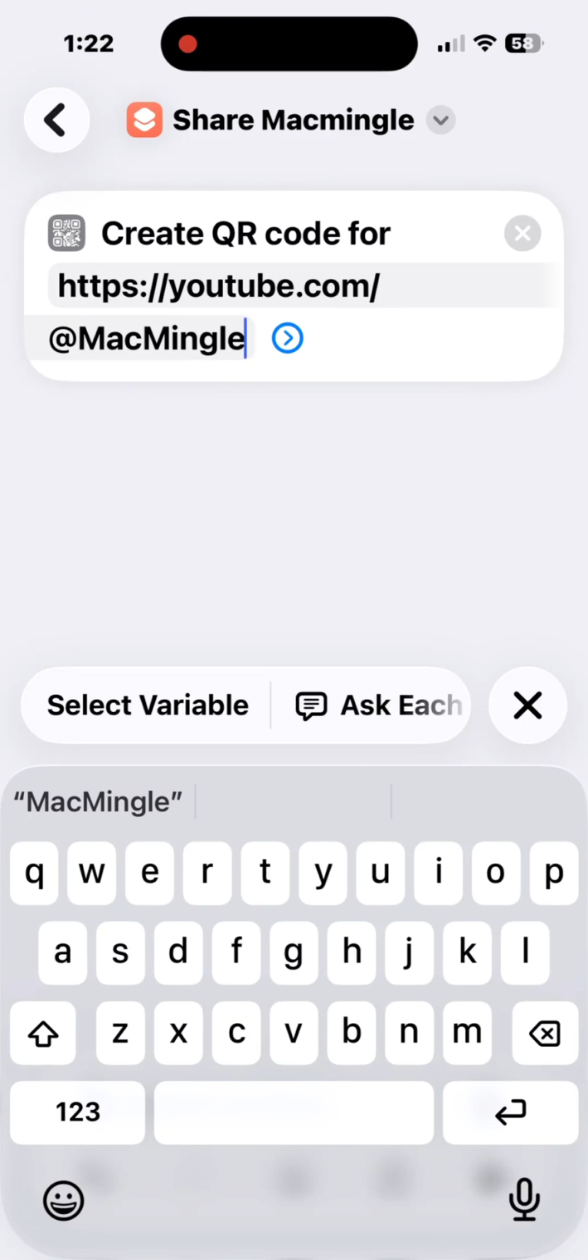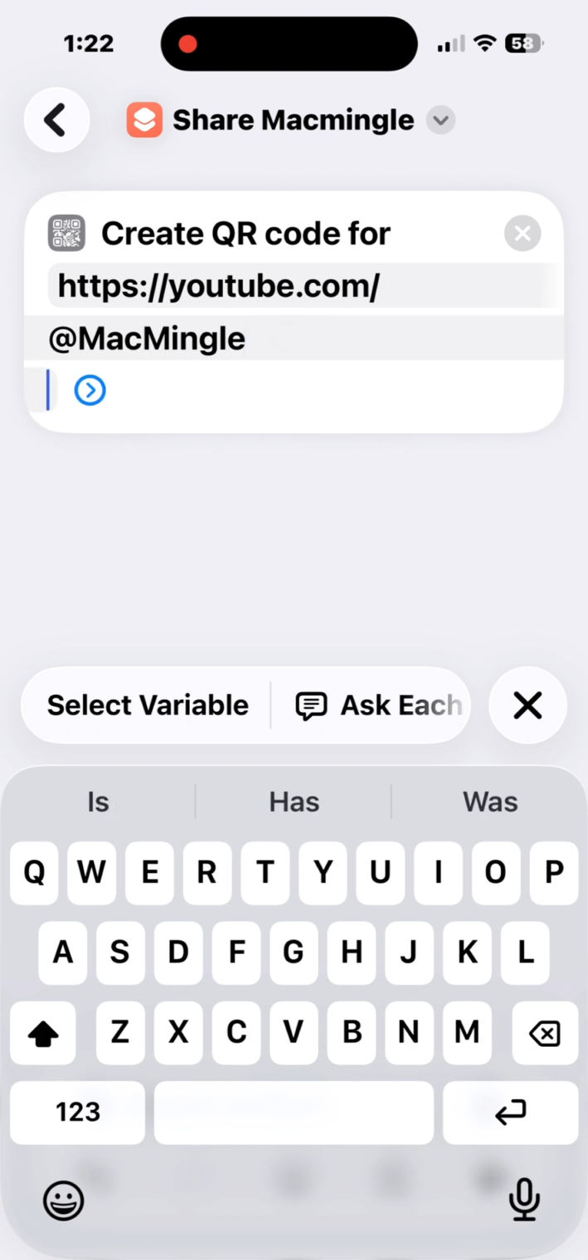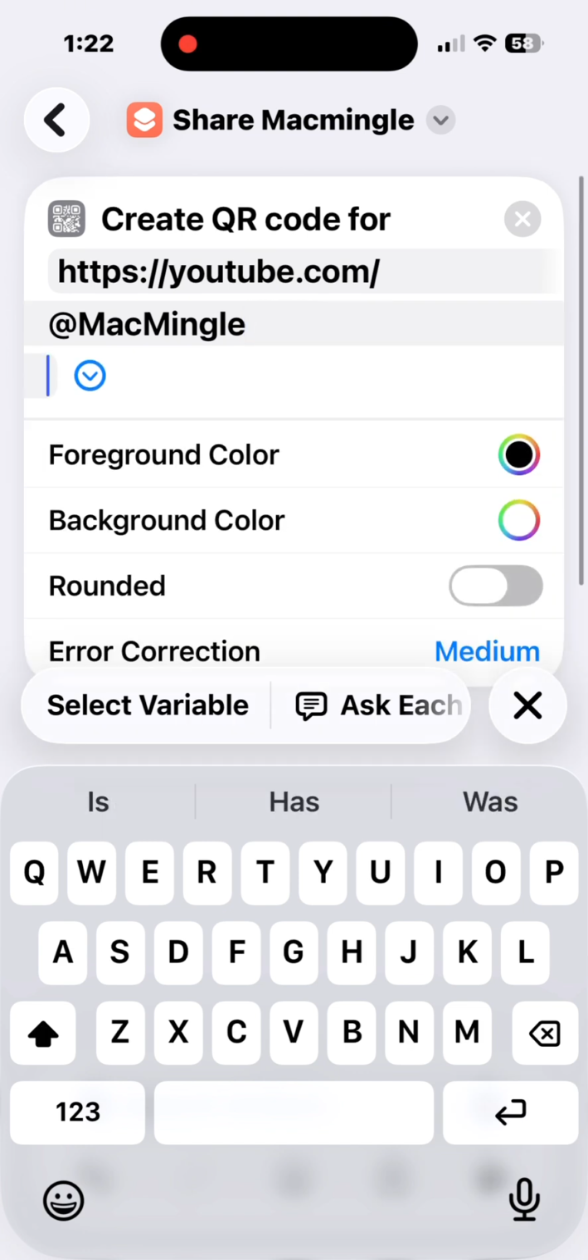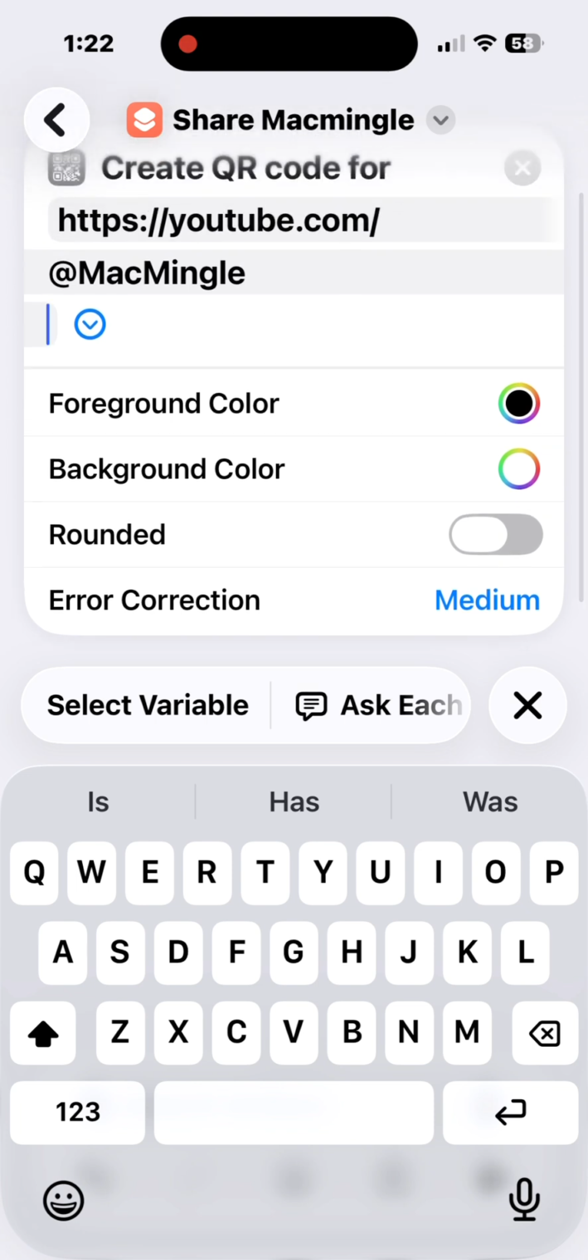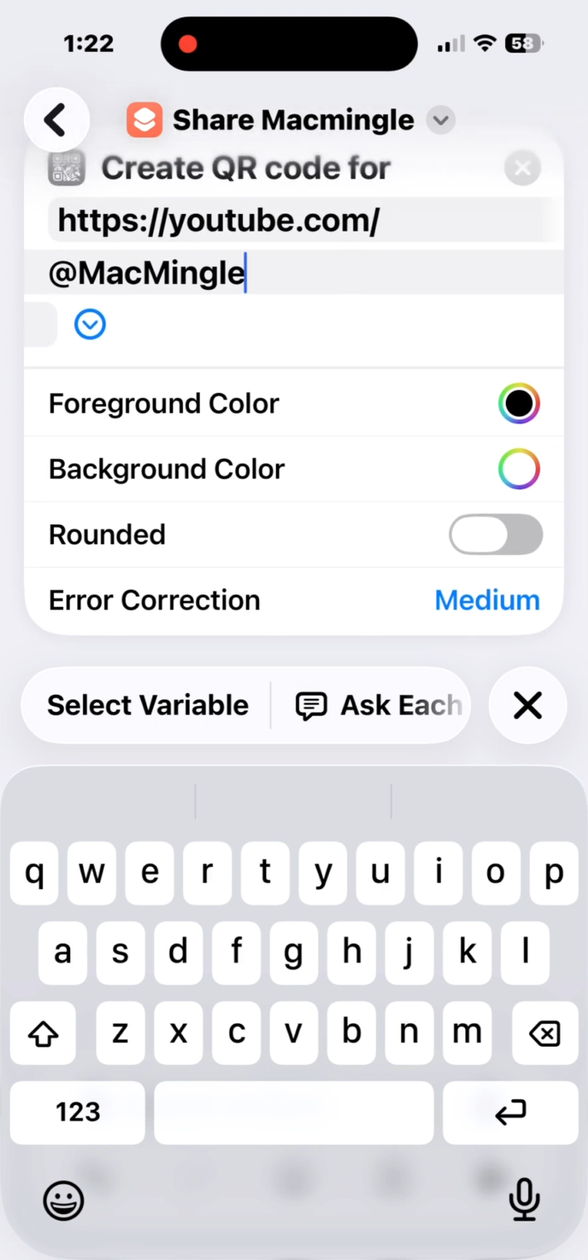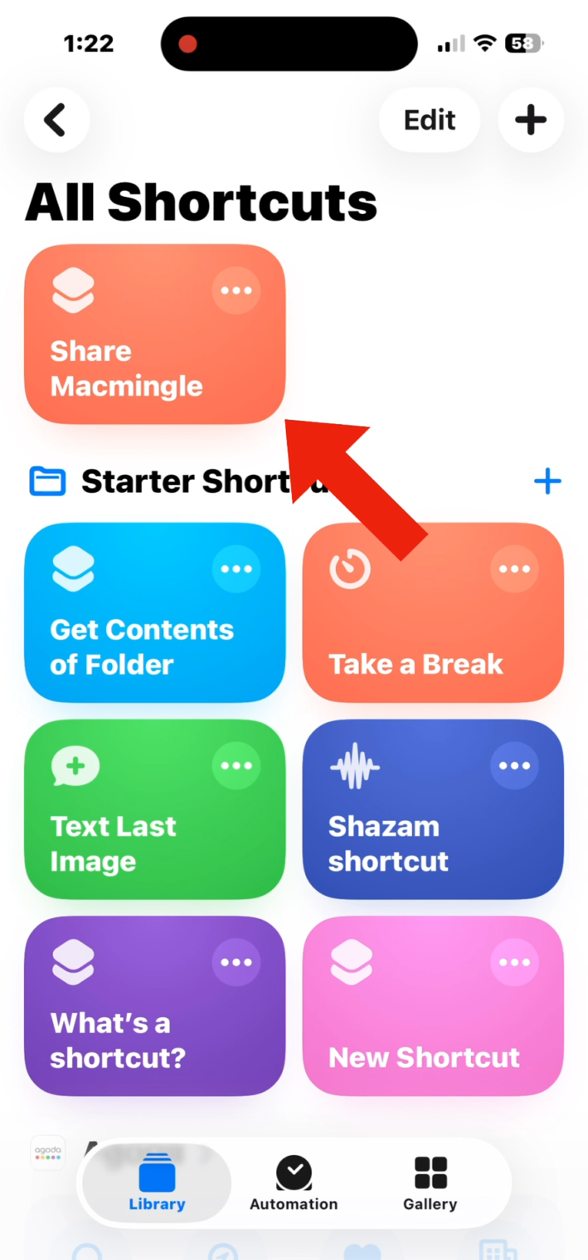Now, when you run this shortcut, what do you want to do with it? That's the next step. So when you select that drop down, you can see that you can also adjust the foreground color, the background color, etc. We'll skip that. When we exit, we end up at shortcuts, and we see that Share MacMingle is one of